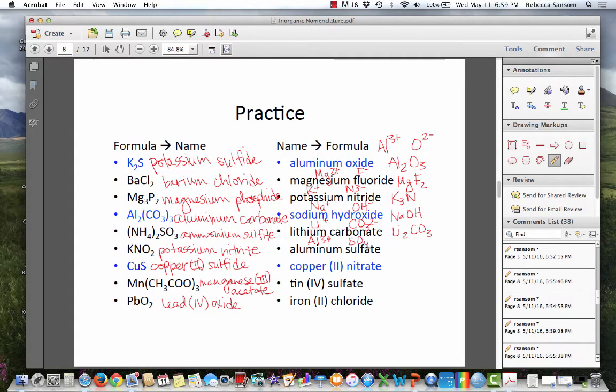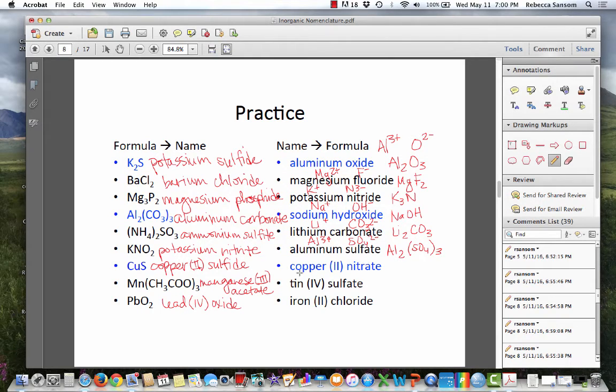And aluminum sulfate. Aluminum is Al3+. Sulfate is SO4 2-. I've got to balance the charges. So now this is a little tricky. I'm going to need 2 aluminums and I'm going to need 3 sulfates. So I do Al2. And now sulfate, because it's a polyatomic ion and I have multiples of them, I've got to put it in parentheses to say I have 3 of the whole thing,